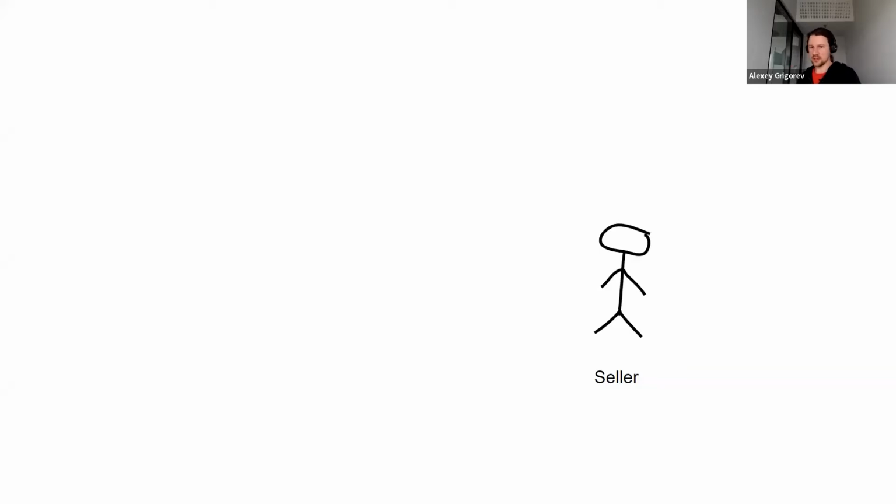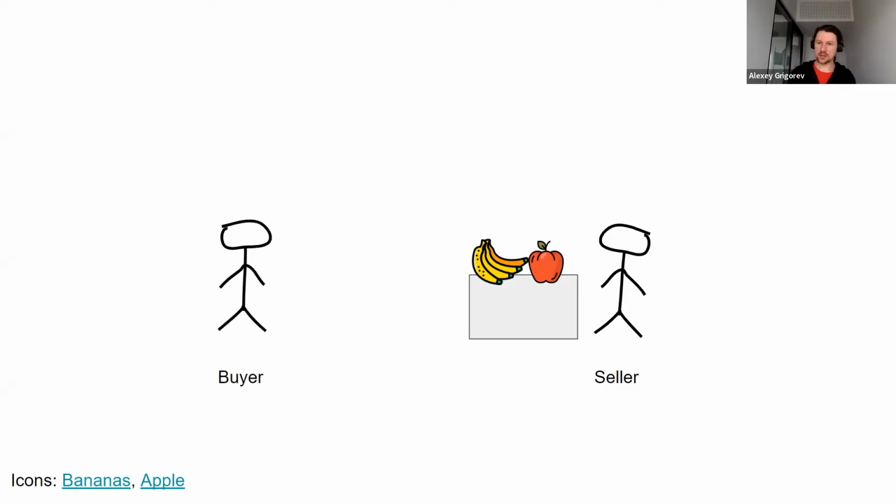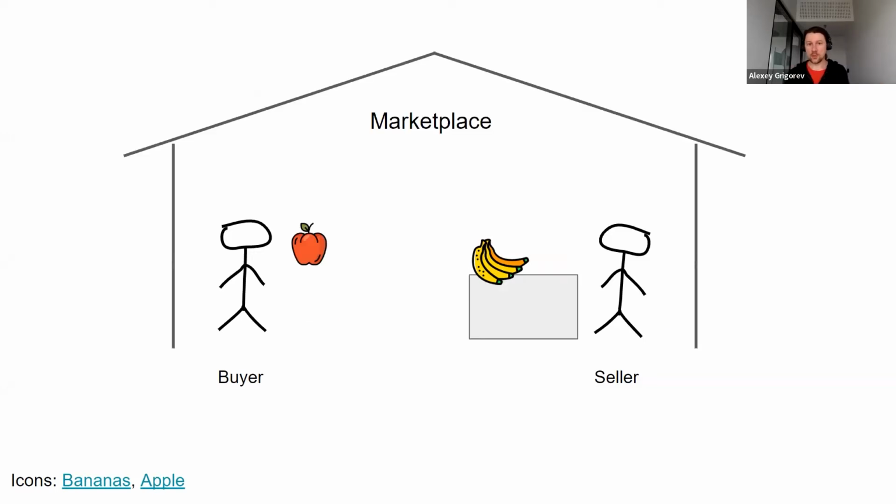On marketplaces we have sellers, who are people selling stuff, and then we have buyers. Buyers are people with money, and they want to exchange this money for these items. They give the money to the seller, they get the item, and everyone is happy. When this happens, usually there are places for this kind of exchange. These places are called marketplaces, and I am pretty sure in every city, every town, every settlement on Earth, there is a place like that where people gather to exchange money for items. So this is a typical marketplace.